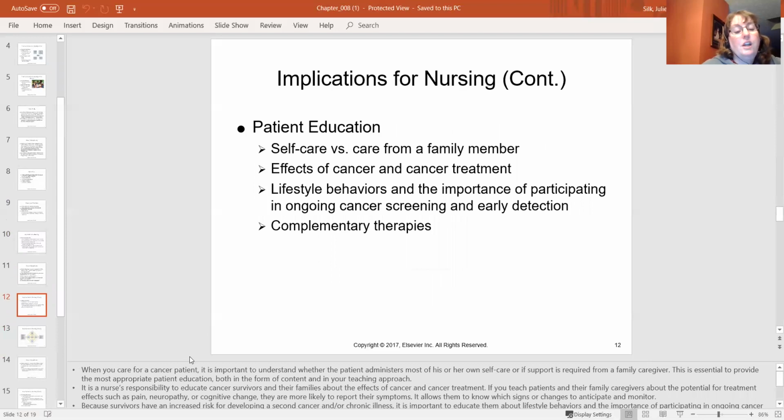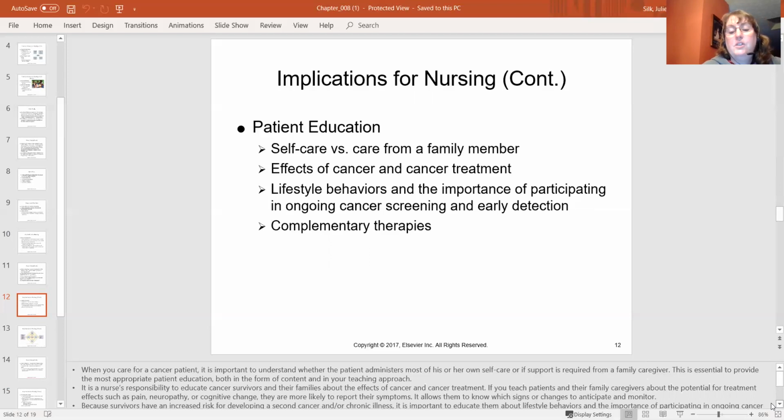When you care for a cancer patient, it's important to understand whether the patient administers most of his or her own self-care or if support is required from a family caregiver. This is essential to provide the most appropriate patient education, both in the form of content and in your teaching approach. It's the nurse's responsibility to educate cancer survivors and their families about the effects of cancer and cancer